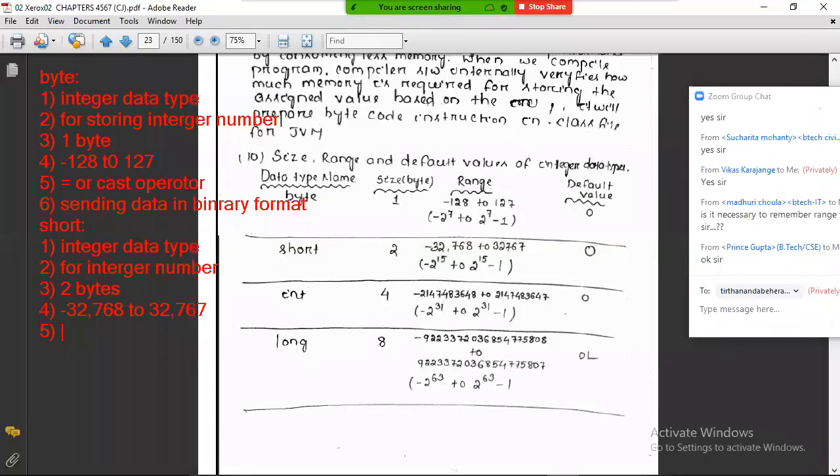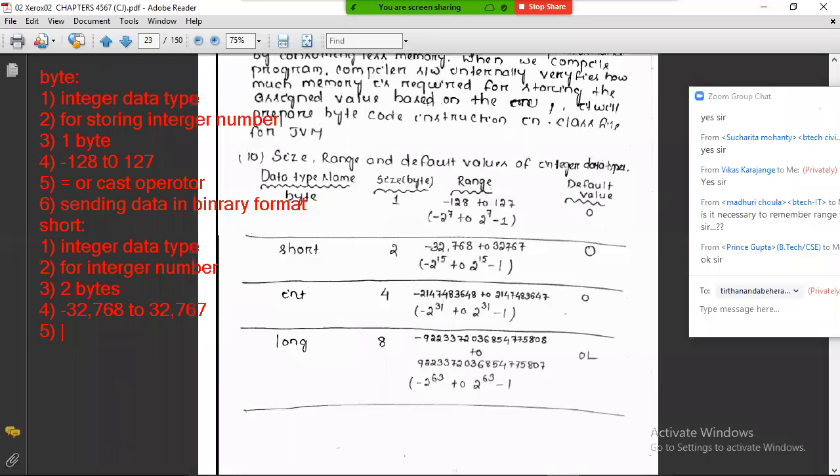Sir, how can I remember those powers? Come on, bytes. 1 byte is 8 bits. Minus 1, so 7: 0 to 7, that is 8. Next, 0 to 15, totally 16. 2 bytes means 16 bits. 4 bytes means 32 bits. 8 bytes means 64 bits. Just minus 1, and you remember the power. Okay, simple.